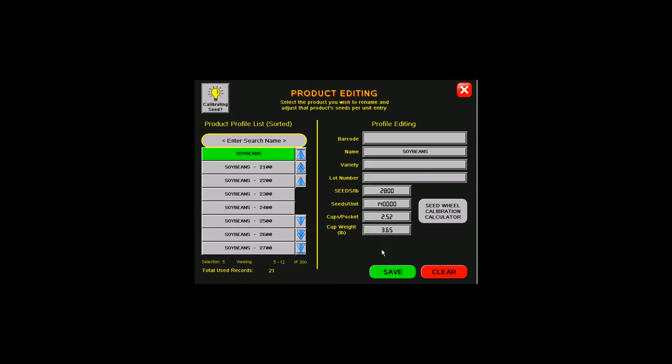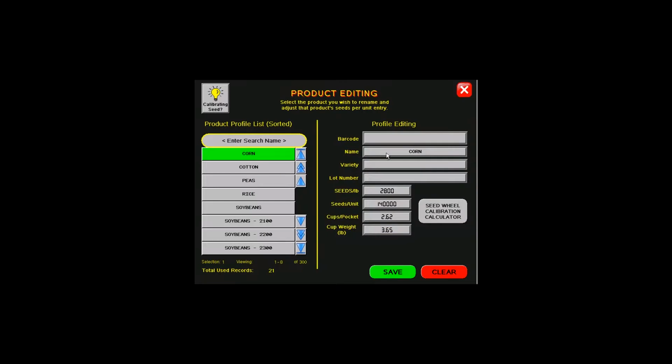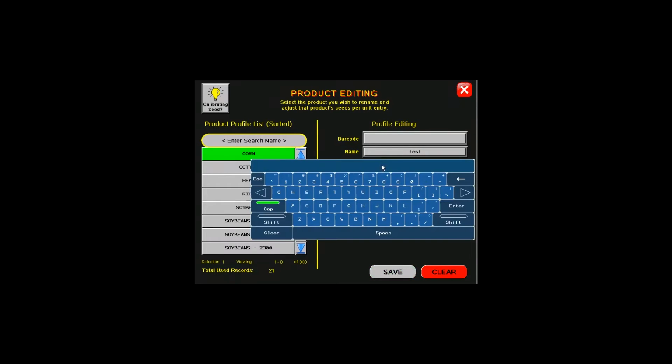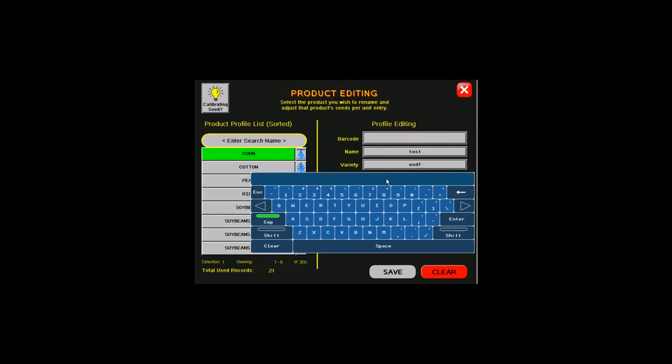So this is where you're going to come to set up each individual seed type that you have, whether it be different varieties of soybeans, if you guys are treating wheat, or whatever the case may be. So all you do is you click on one, and you can overwrite any of the ones that are already pre-saved. So we'll just go ahead and go to corn. Here we can rename. We can also type in our variety, the lot number,